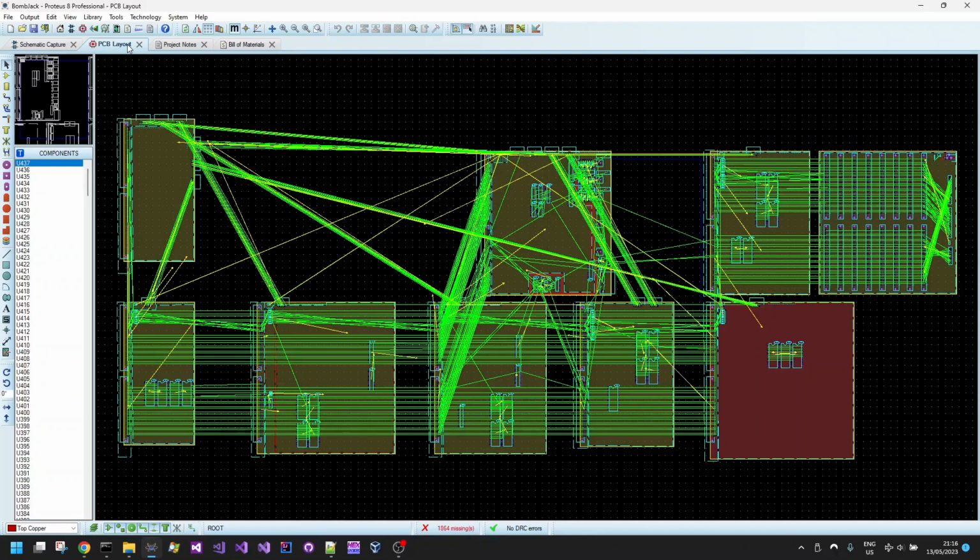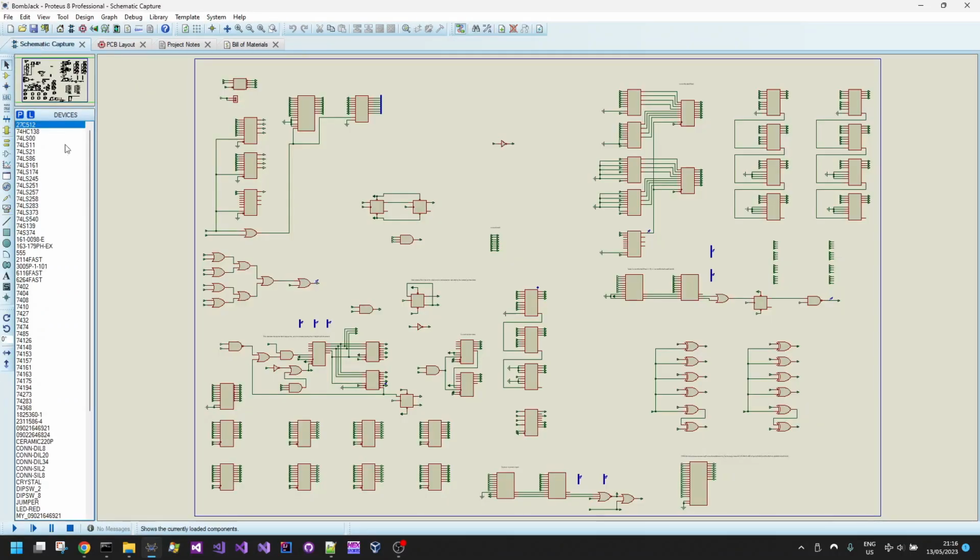The ICs are not even populated on this. There are some placed already, but I tend to rely on automated push and shove placement from the design tool because I don't want to spend time manually placing hundreds of ICs. So all of these boards and all of the schematics for these boards can be tested with automated testing software,